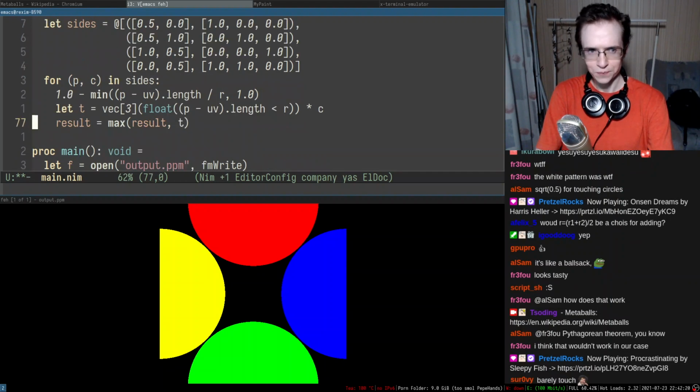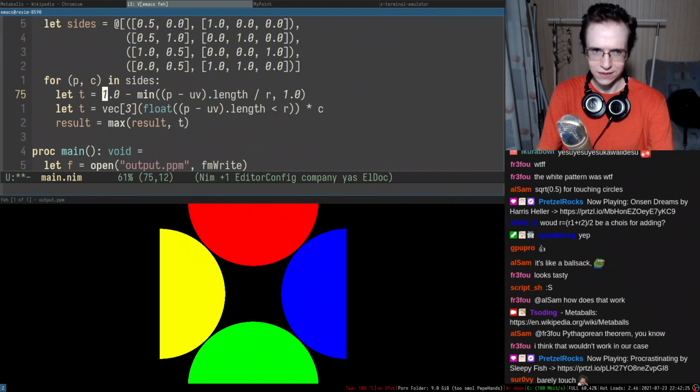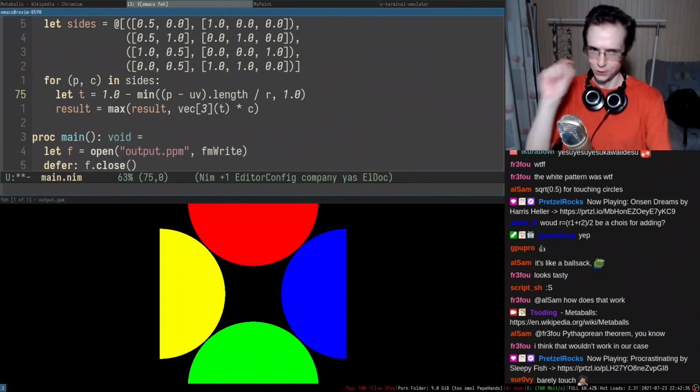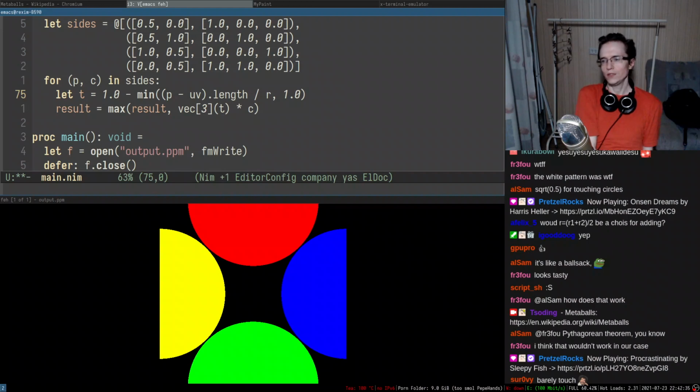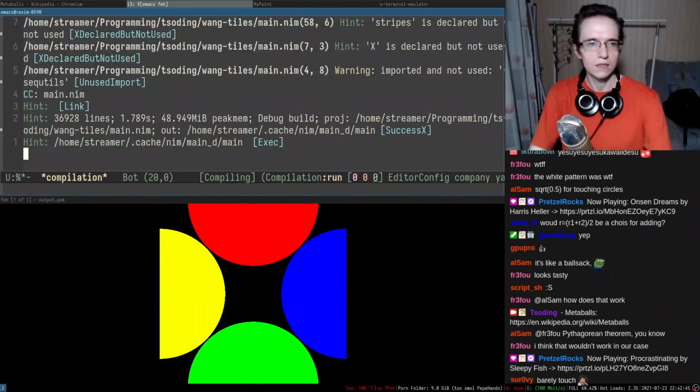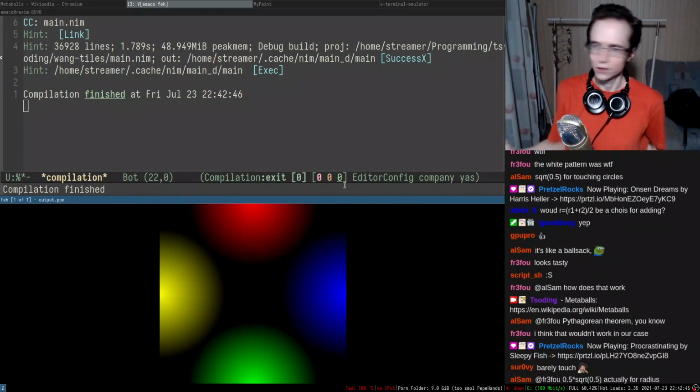That gives us that, and this is what I want to call t. Then I'm going to take this t, turn it into a vector, multiply by the expected color, and put it in here. I think that will create some sort of a gradient. Let's see, and boom, there we go. That was easy.